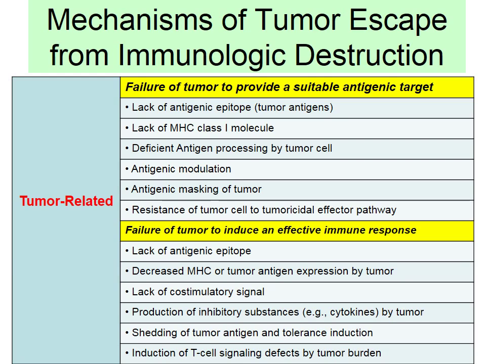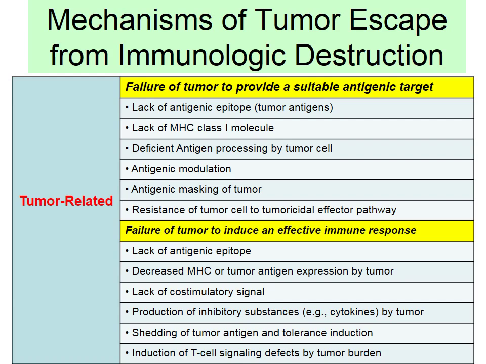So you may have a problem, or the tumor may be over-smart. In this case, you can see the failure of the tumor to provide a suitable antigen target. That is a protective mechanism: the tumor does not provide you with an antigen. And remember, as a rule, if there is no antigen, the immune system is helpless. If your antigen-presenting cells are not getting what they need, the T cell is blind. The T cell will never see this antigen on its own.